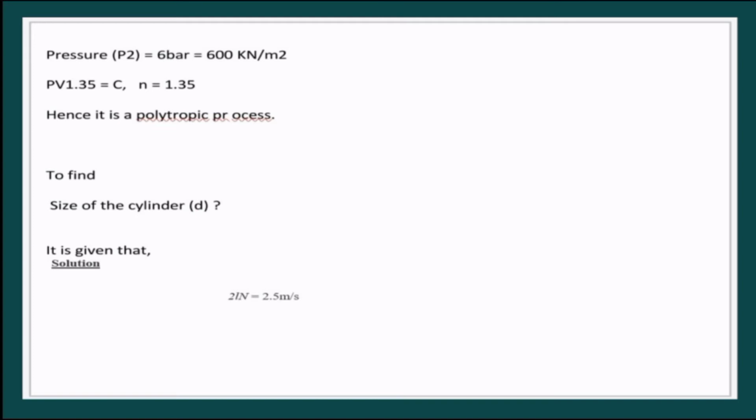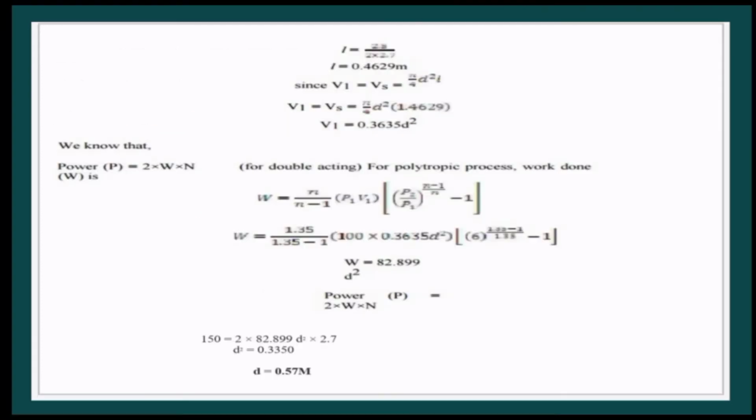Hence, it is a polytropic process. To find the size of the cylinder, it is given that 2LN is equal to 2.5 meter per second. Cross multiplication to get the value of L. L is equal to 225 over 2 times 27. L is equal to